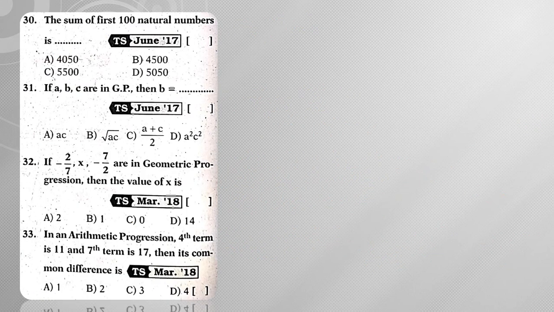Next, question number 30. The sum of first 100 natural numbers is, so this is a fancy number, 5050. Now let us see what the formula is. Already we know the sum of first n natural numbers formula: n into n plus 1 by 2, which is represented by summation of n or sigma n. Now when I need the first 100 natural numbers, simply replace n is equal to 100. Then I get 100 into 101 by 2. In 2 table, 100 goes 50 times. 50 into 101 is 5050.